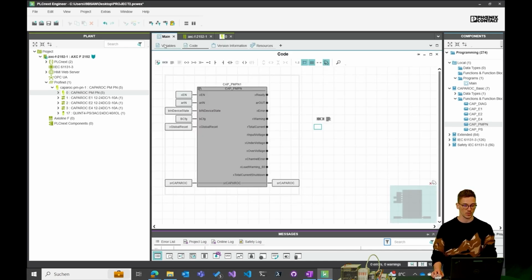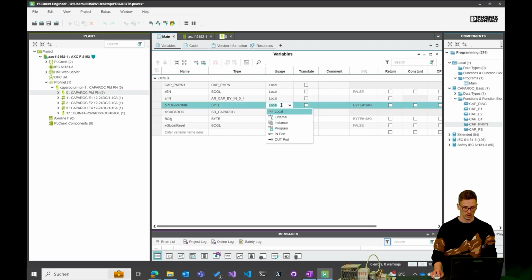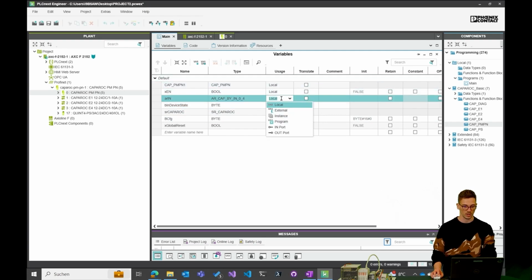So I know why, because we have to set the variables that we want to use as input data variables to device state external variables. So the usage is external and not local. The same with the RAR in.